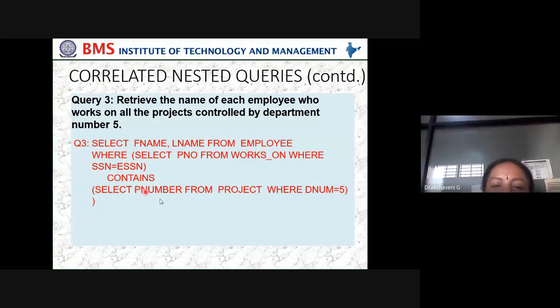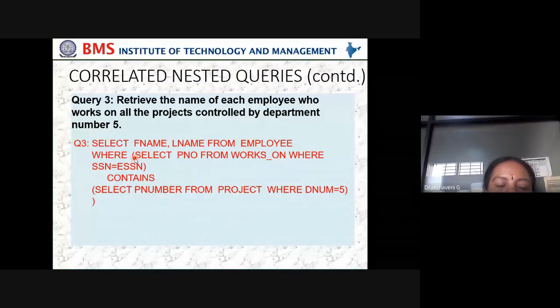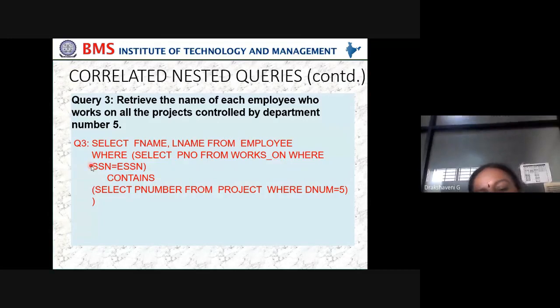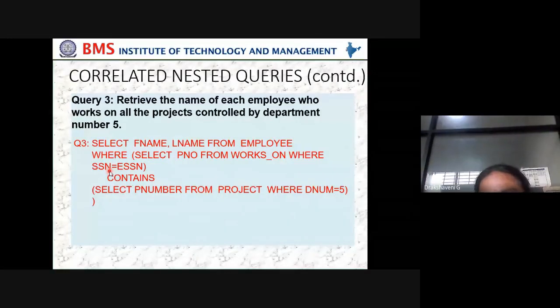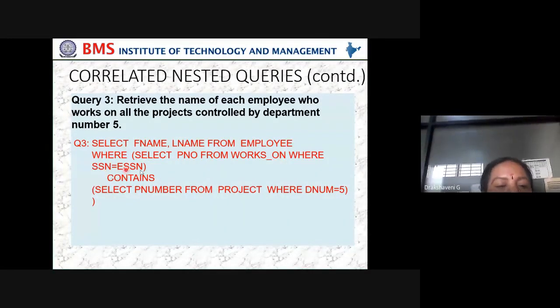And it should also be present in the project table, where whatever project that particular employee is working on should be present in the D number. Let me see the project number. Suppose MCA third sem students are working on a project, some department project. Let us take the library. So you are working for the library. How many hours are you working? And which student is working for the library? So that student's SSN should be matched.